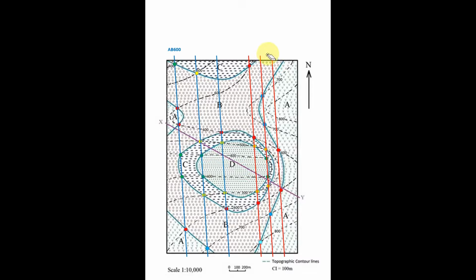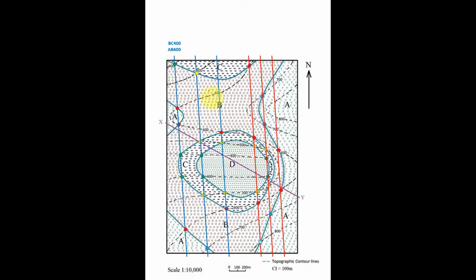Next, what we'll be doing is we'll start naming our strike lines. So we'll be naming it alphabetically. First we have AB 600. Okay, AB 600 is there because the bedding junction is AB and the contour line is 600 which is cutting. And you can see even from the color coding, you will understand that there has to be two names for that particular strike line. For example, for this strike line, I have a red color mark and a green color mark. So this strike line will be having two names. The second name would be BC 400.